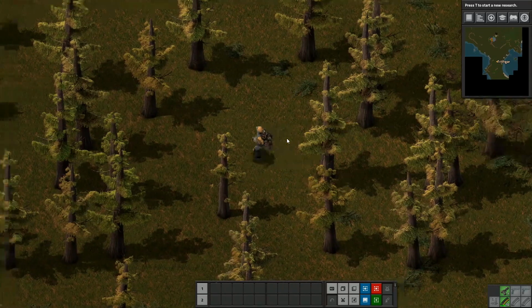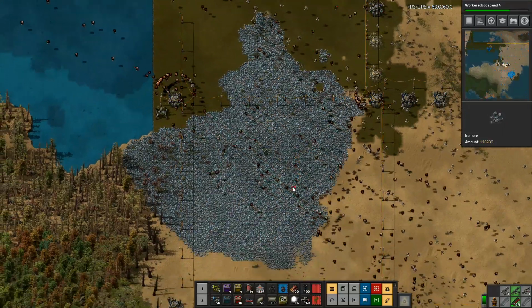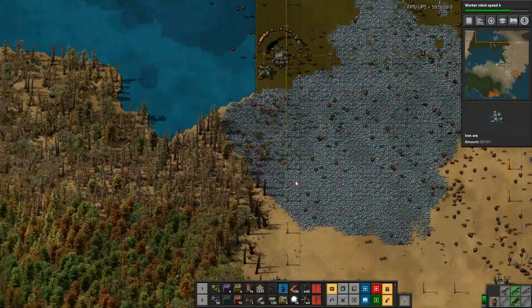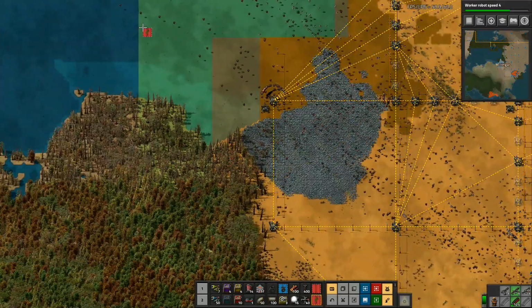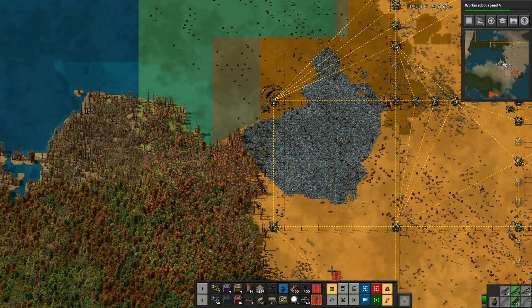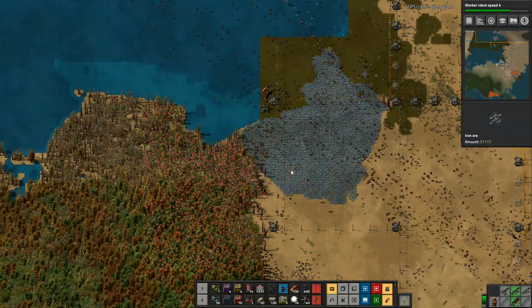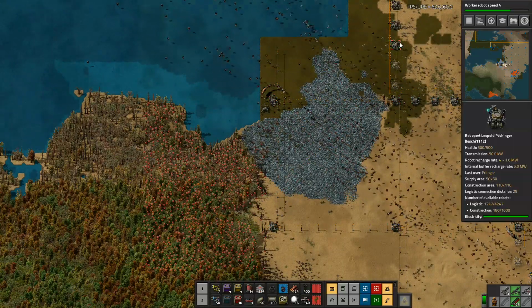Let's get back to building our million minions. This whole zone right here, I want to do some work with this. So first things first, we're going to go with the deconstruction planner like this, and I'm going to remove that chunk of timber. That's going to go, just like that. Remove a big slice of that. And then I've got the robot...